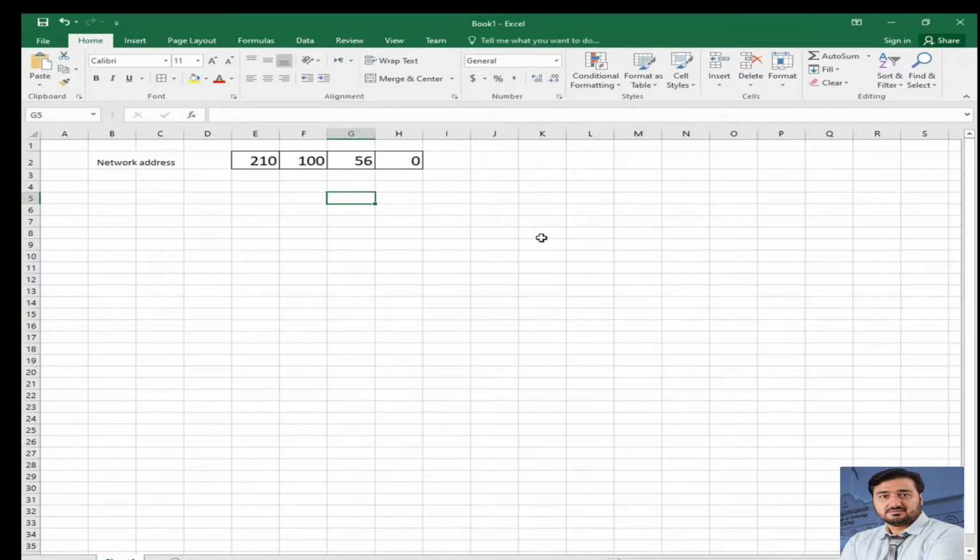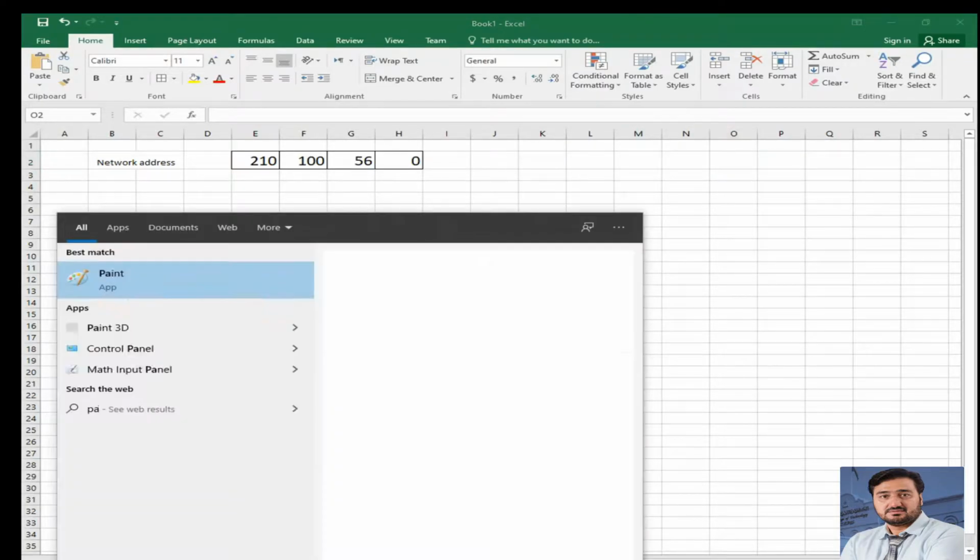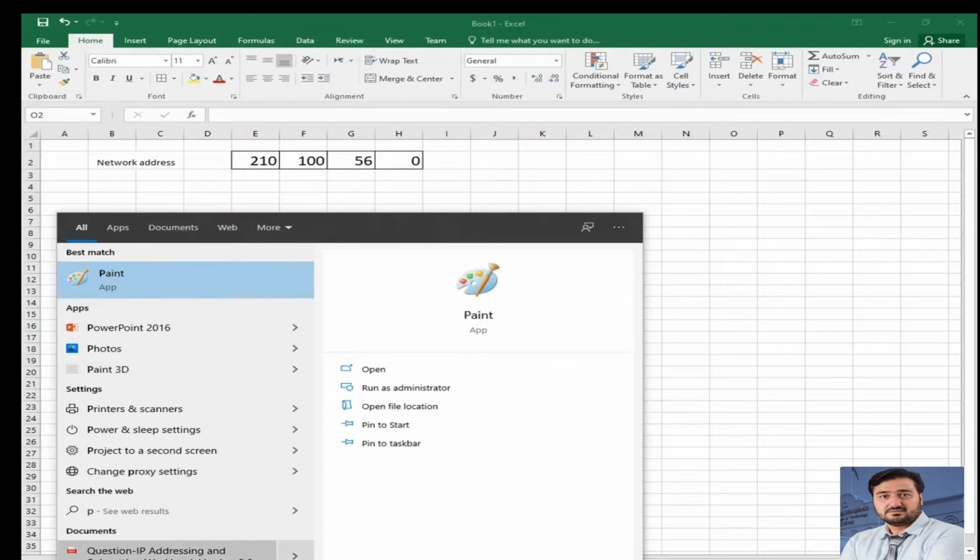Now I need to do it. Up to this point, there is no need to do a binary conversion. Here we don't need to convert anything. Before going to do this one, if we convert, I will do it here. How many bits need to be borrowed? If I write, see here, let me take Paint, or rather, Notepad. Let me take Notepad.